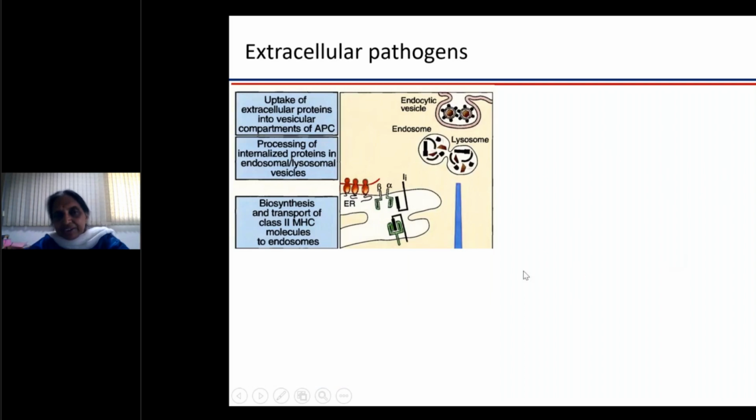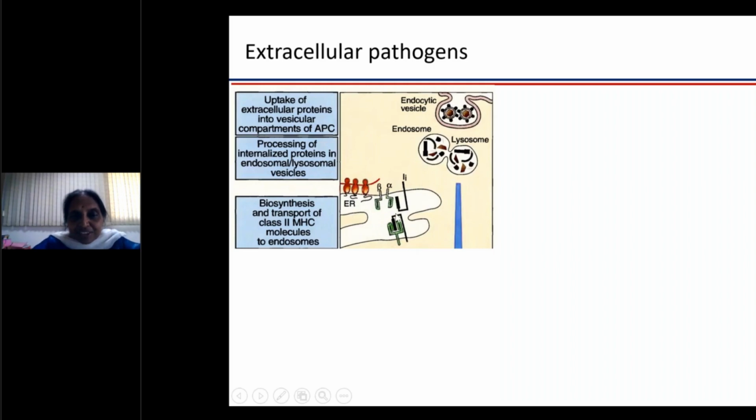Why they don't bind is because when the alpha and beta chain of MHC class 2 come together, in the same vicinity we have this invariant chain. The invariant protein binds to the antigen binding site, so that the peptides which are floating around here cannot bind. Till the invariant chain binds here, this complex is not stable. So the alpha and beta chain stay separate, and even if the peptide comes here, they don't become very tightly bound.